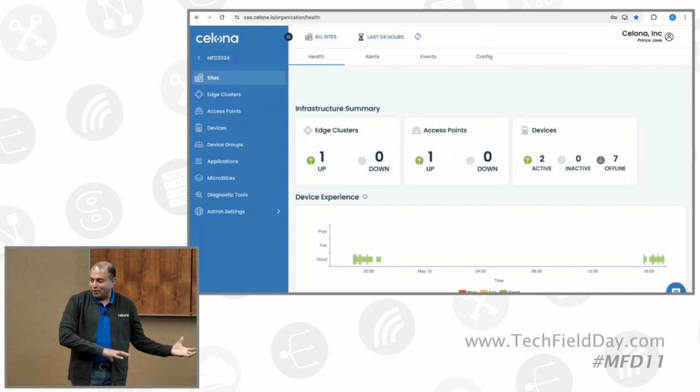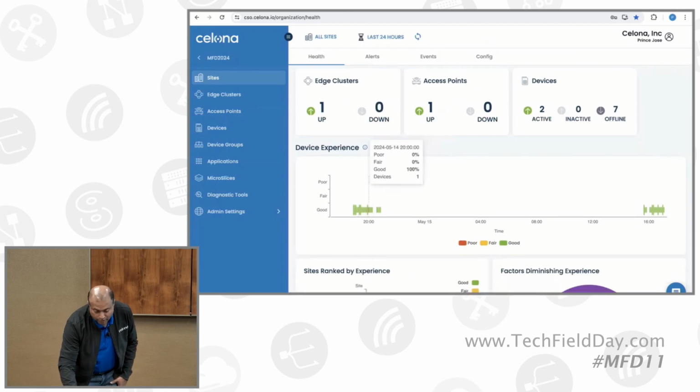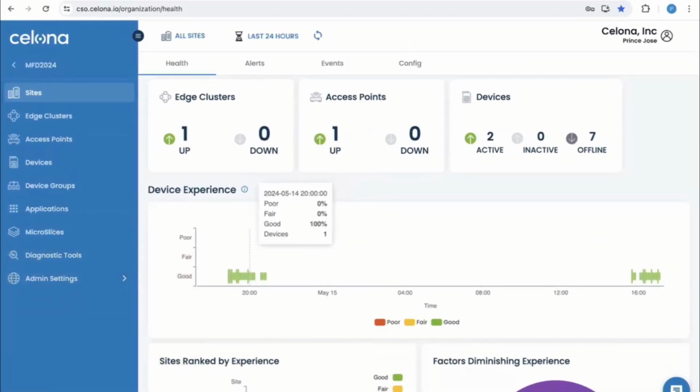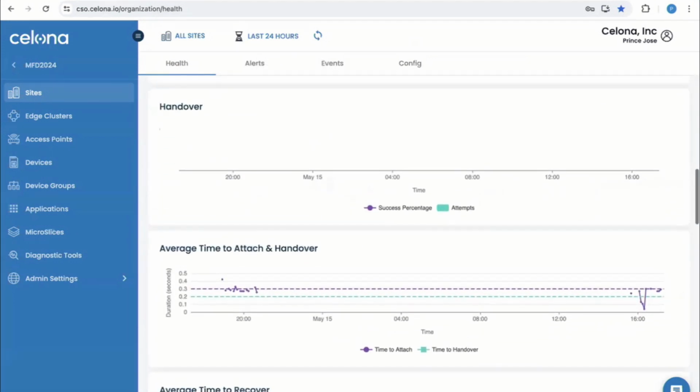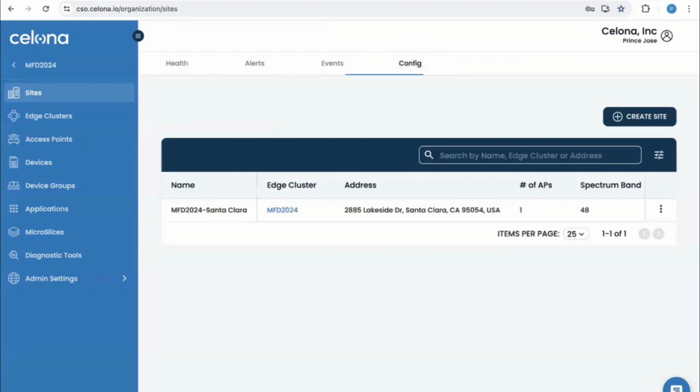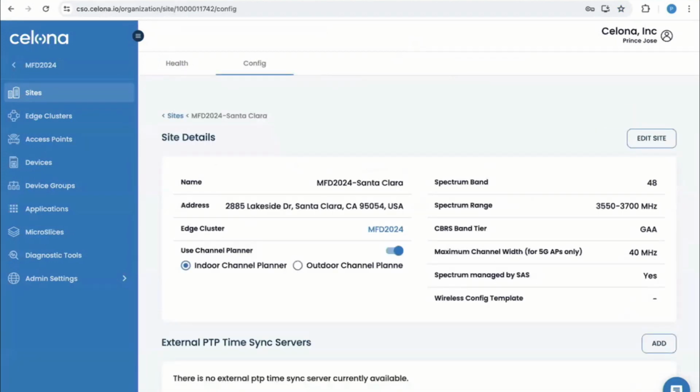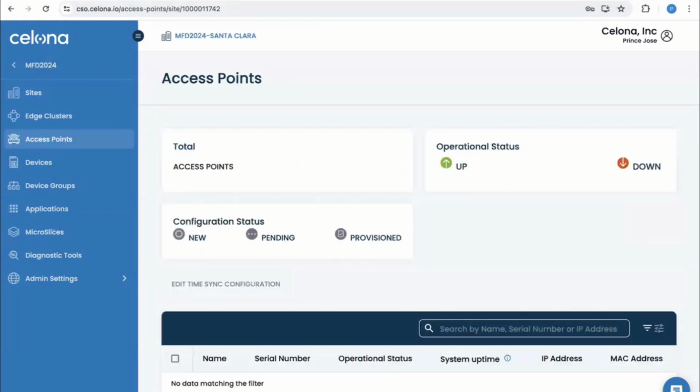The mode switch, I had a video recorded, but in the interest of time, I'm not going to show that. You can see the device experience. This is something that we actually demoed last year, and I brought up the AP right before the presentation started, so you can actually see the devices started connecting. And quickly going through the site, the AP20 is right here in Santa Clara at the Hilton Hotel. It's got the spectrum, the 40 megahertz, everything from here. From an access point perspective,